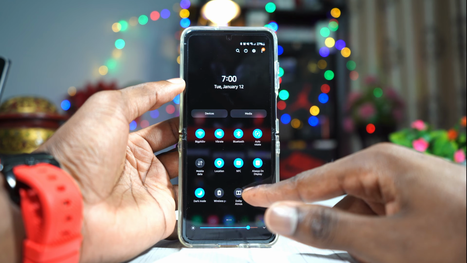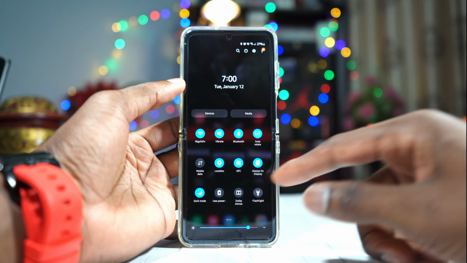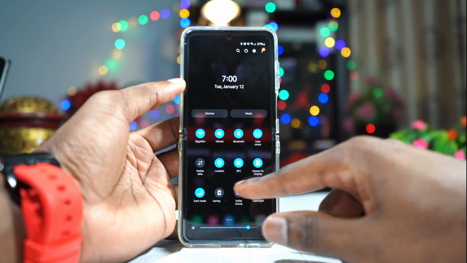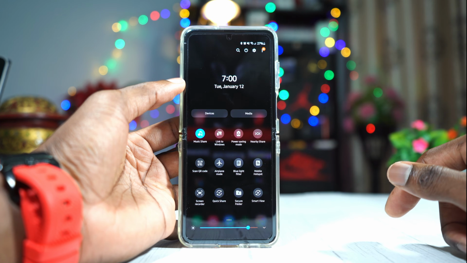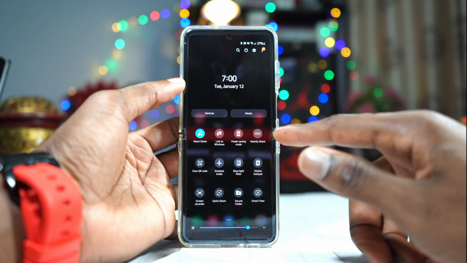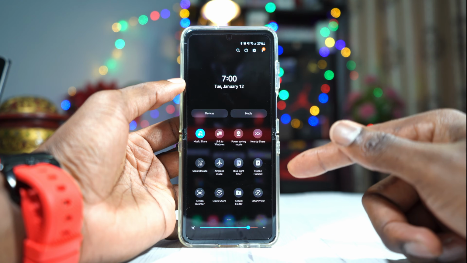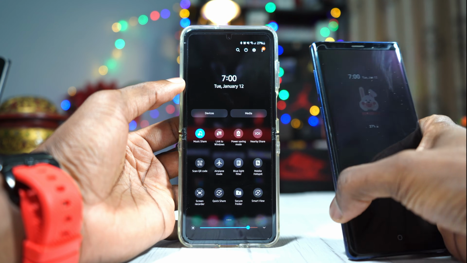Then, in the notification panel, as I mentioned earlier, it is much more spaced out than before. And here we have Nearby Share. This is a new one. So if, for example, I want to share something from my Galaxy Z Flip to my Galaxy Note 9, I